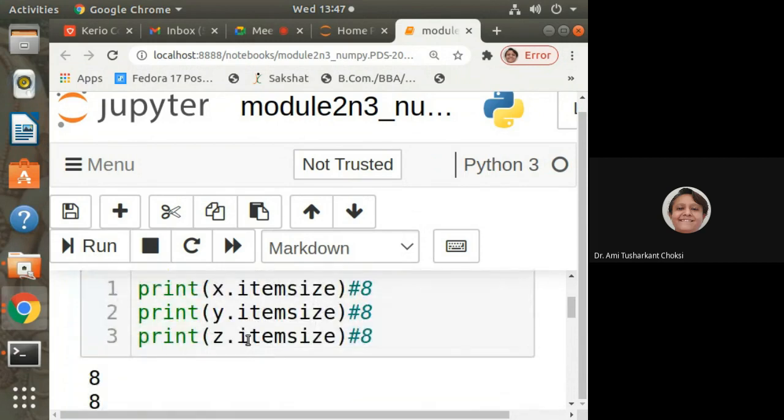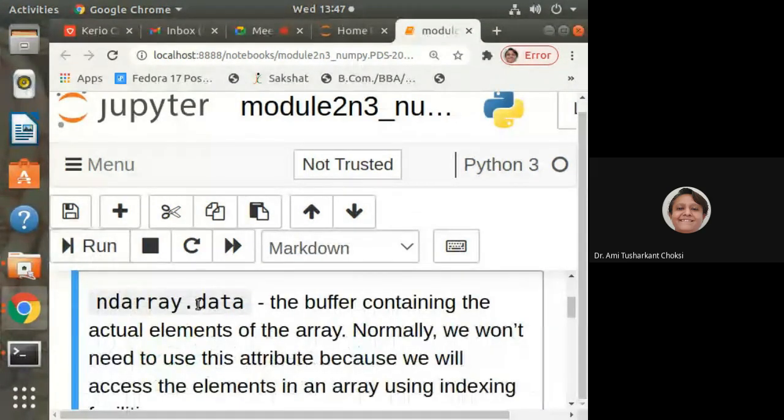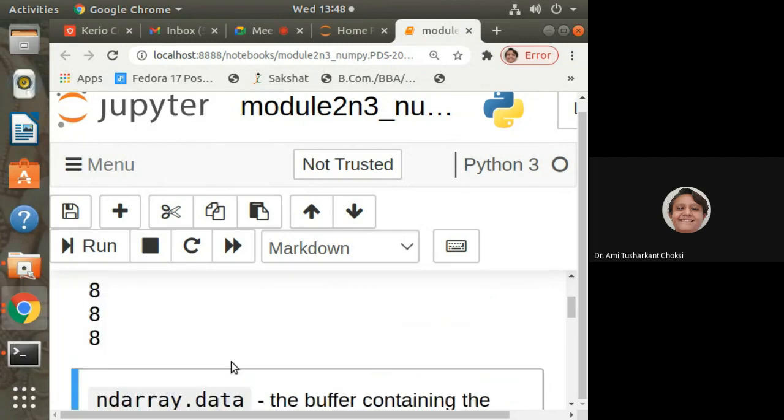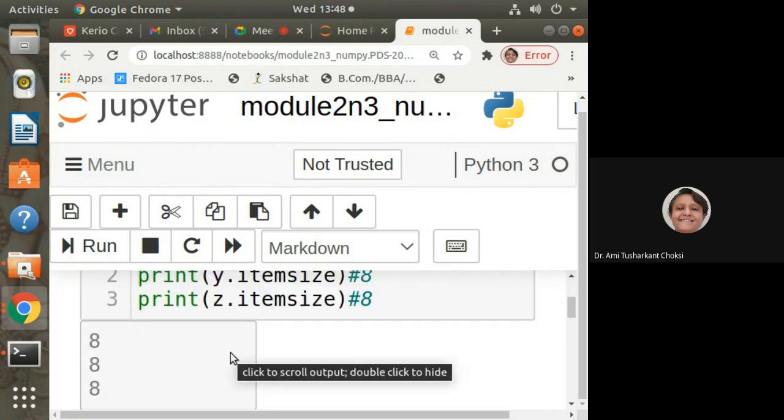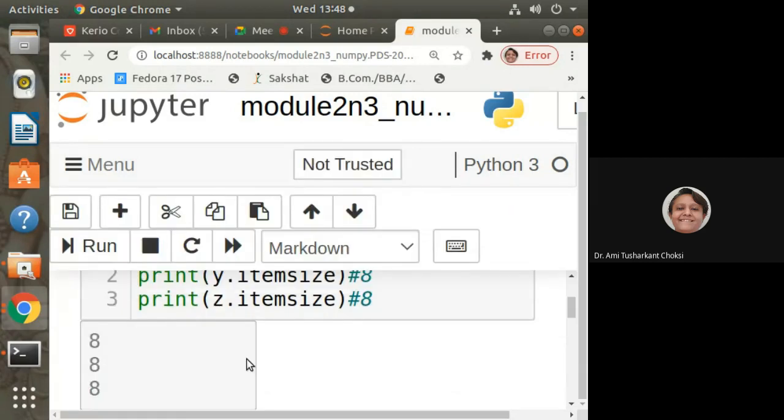Here one thing is that when we run this particular cell, let me show you again, it will scroll to the next cell, right? So you will see I was checking for item size and its output is quite distant, right? You may get confused, but do not get confused. Just scroll upwards, right? There your output is there. The way Jupyter Notebook works is this way only, right? It will scroll to the next cell.